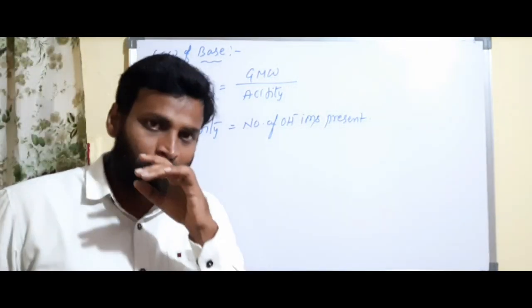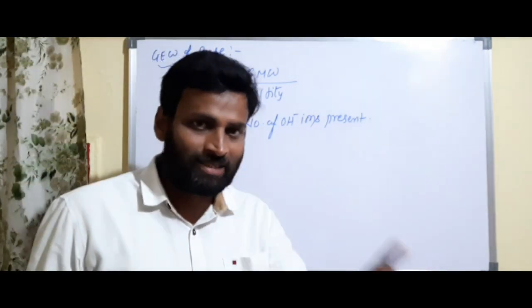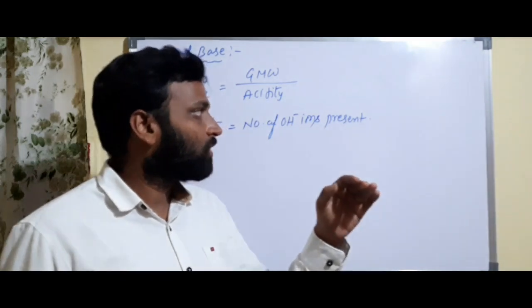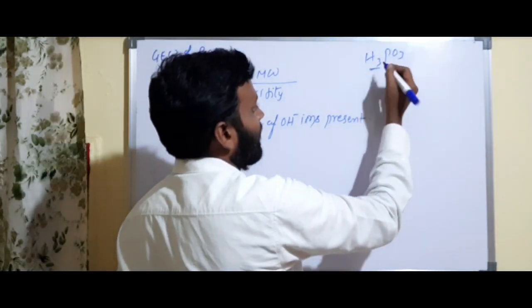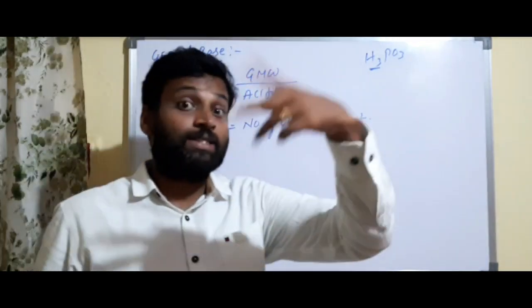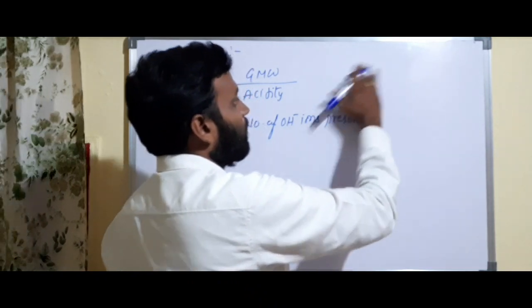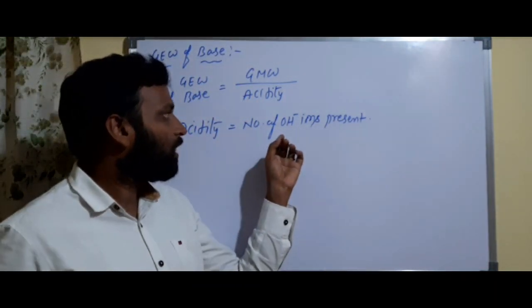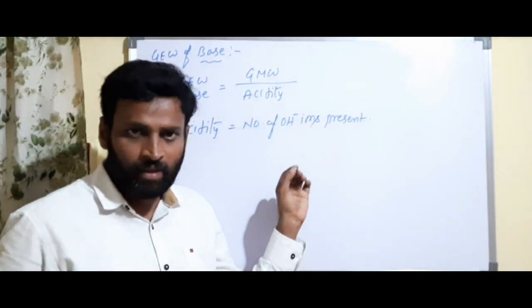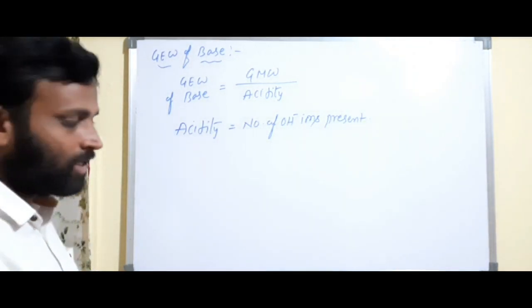Sir, maybe for basicity you may have a confusion, because 4 hydrogens are there in acetic acid but you are taking 1. Even 3 hydrogens are there in H3PO3 but you are considering basicity 2. Some little bit of remembrance is important there, but here nothing. How many hydroxy groups are there? That is equal to acidity. Getting what I am saying?